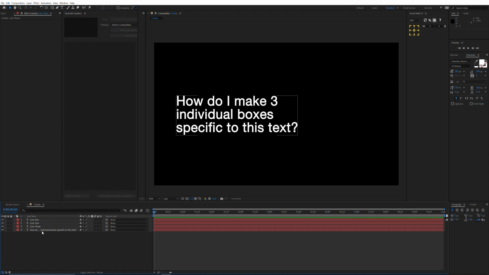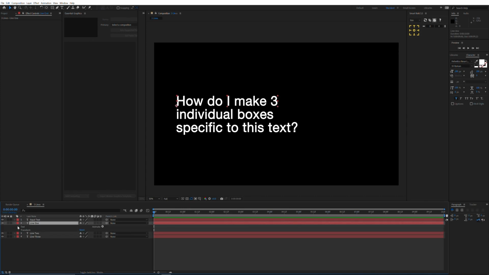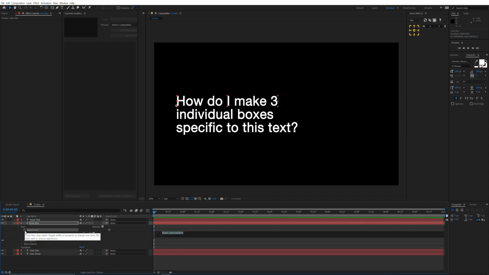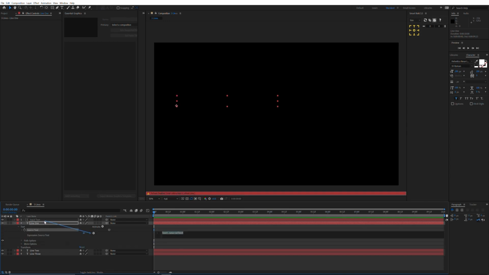All right, but obviously we want to make this responsive so that when this text changes, each one of these lines changes as well. So I'm going to hit enter on this one as well and call this input text. So I'm going to come down to the source text of line 1, and I'm going to alt click. And I'm going to pick whip our input text, and then I'm going to type dot text dot source text